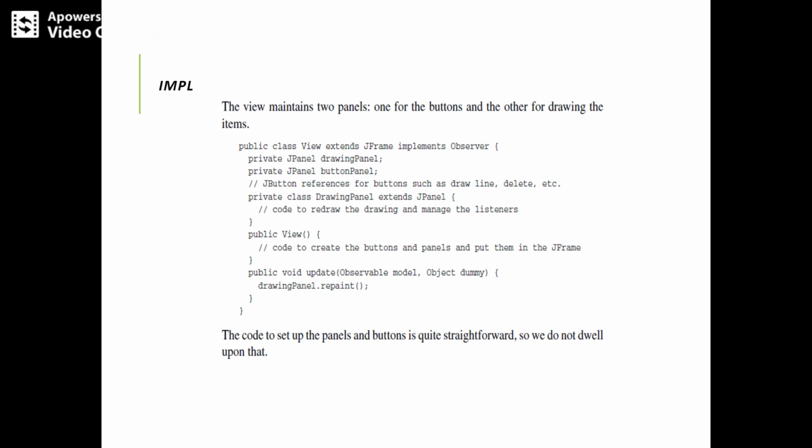We also have JButton references for the buttons such as draw line, delete, remove, insert, add, etc. Whatever we are taking is for our helpful implementation of this JFrame. The private code to redraw the drawing and manage the listener is not taken here.